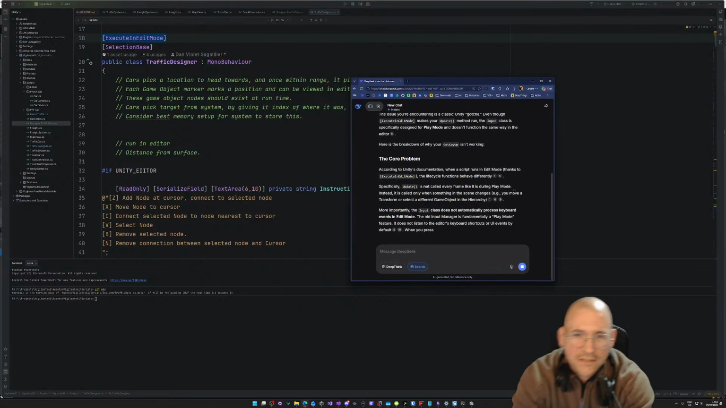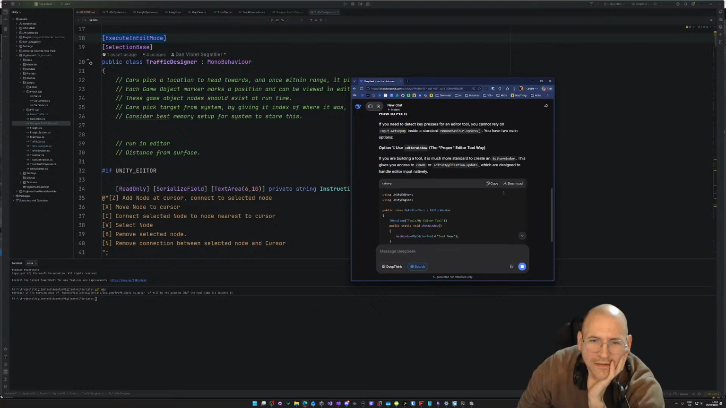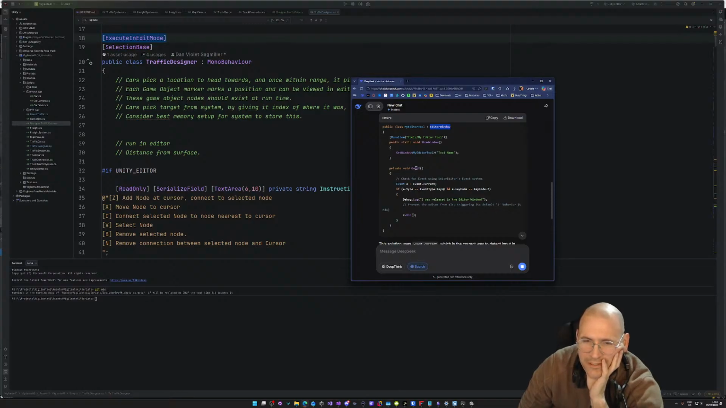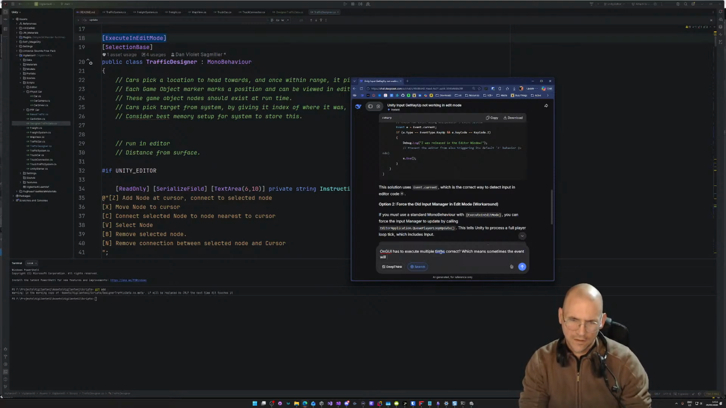Classic Unity gotcha. Yes. And I haven't had to face this in a long time. So what? Okay, so inside of this one, it wants me to create the editor window. And it wants me to do it on GUI. Okay, so OnGUI has to execute multiple times, correct? Which means sometimes the event will have empty data and other times